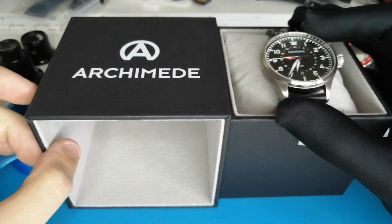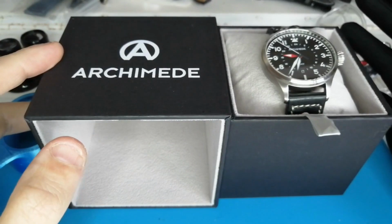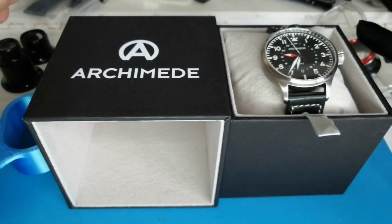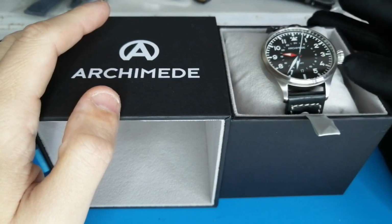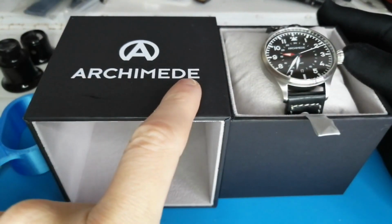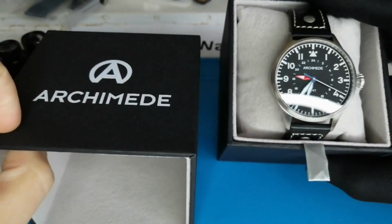Regarding the packaging of this Archimede Pilot GMT watch, it comes in a small cardboard box. Honestly, I was disappointed by the packaging, which is really very simplistic. I'm not a fan of the big wooden boxes like Zenith or Omega, where they give you almost mini suitcases. I find that ridiculous, but here Archimede could have made an effort. The manufacturer's logo is printed on the top of the square box. A grey suede, which is very visible, covers the inside of the box, and the watch is placed on a